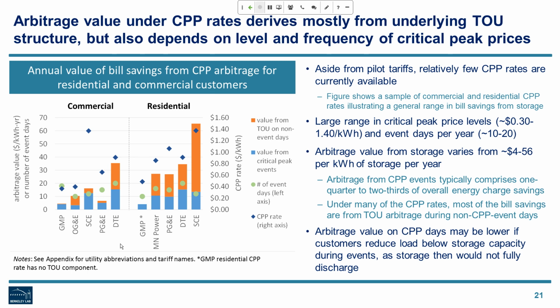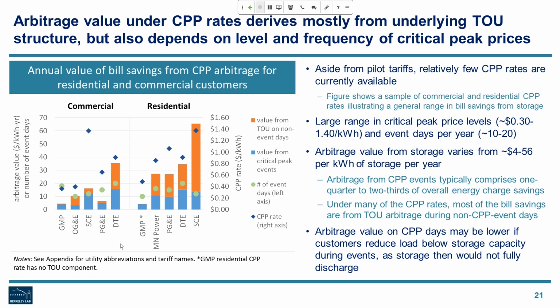With this very wide variety of CPP rates, there's of course a wide variety in arbitrage value from storage, ranging from $4 to $56 per kilowatt hour of storage annually. The arbitrage from the CPP events typically comprises 1/4 to 2/3 of overall energy charge savings. So you're really using that storage during those maybe 10 to 20 events per year,